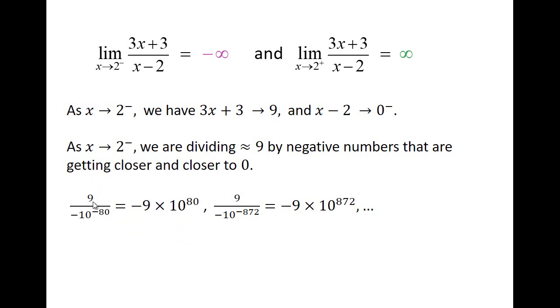Again, because you're dividing 9 by a smaller and smaller denominator here. And notice that if I divide 9 by an even smaller, negative number that is even closer to 0, so negative 10 to the negative 872, then I'm getting this huge negative number. So that tells you that as x gets closer and closer to 2 from the left side of 2, this ratio is approaching negative